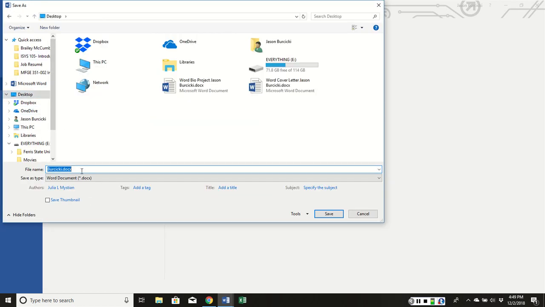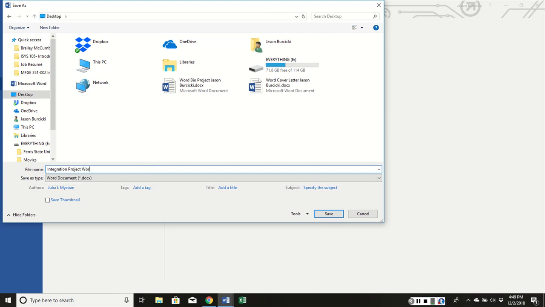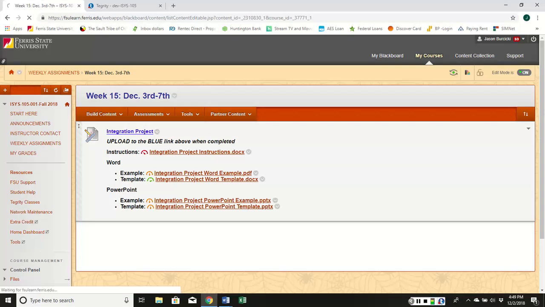So on this one, you're going to go to your desktop, or at least I am. I suggest a flash drive for you guys. And this, you would put Integration Project Word, and then your first name and your last name. Just like that. Now to submit all of these, you'll go up to Blackboard, your integration project,